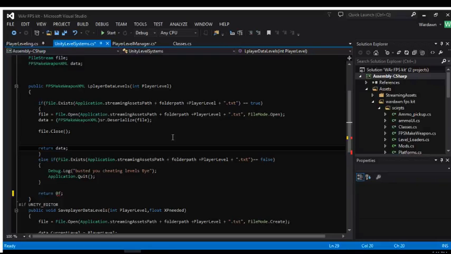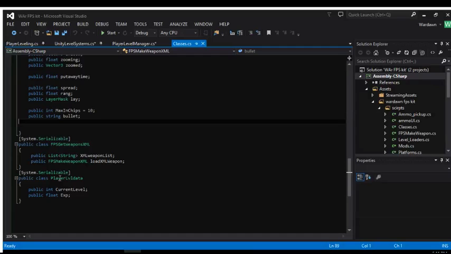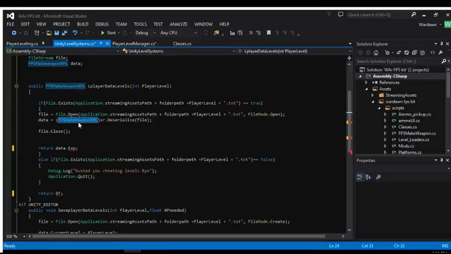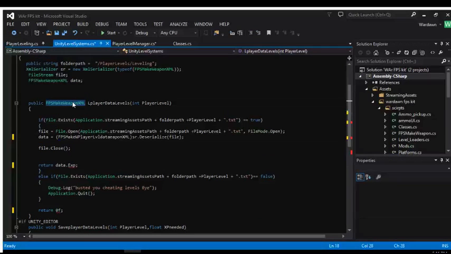And data dot experience, and we will do it out of, what was the file extension thing? Player level data. Okay, we'll just copy this, go over here, player level data, and like I said,